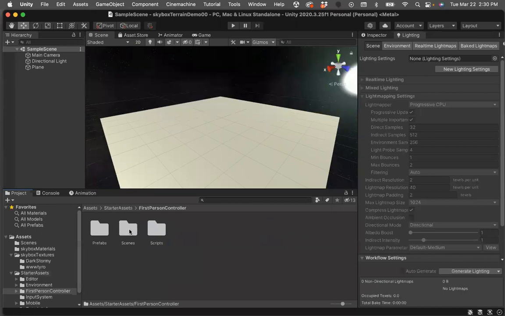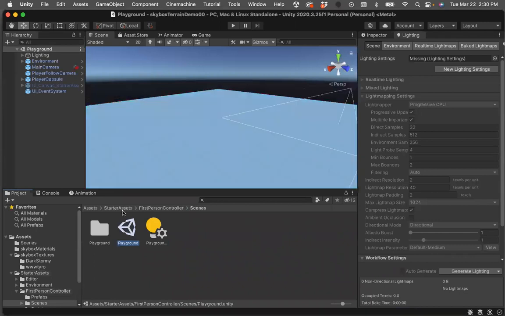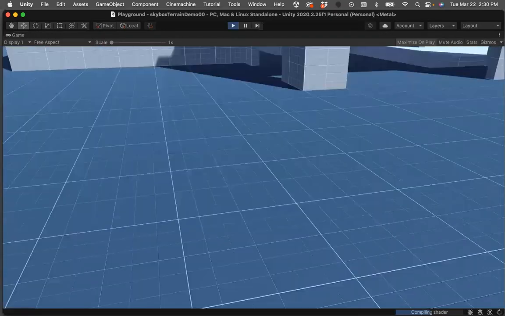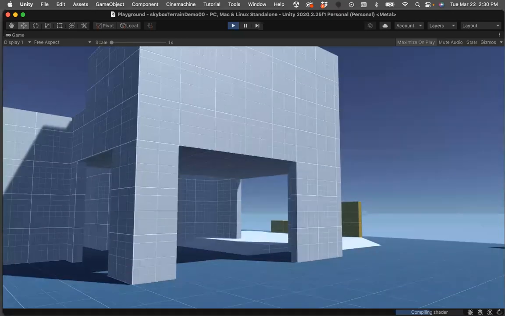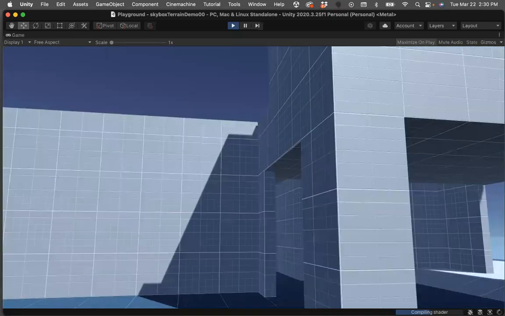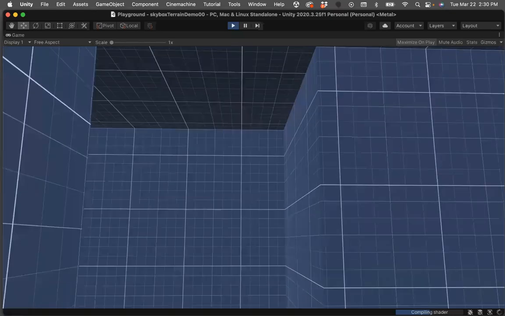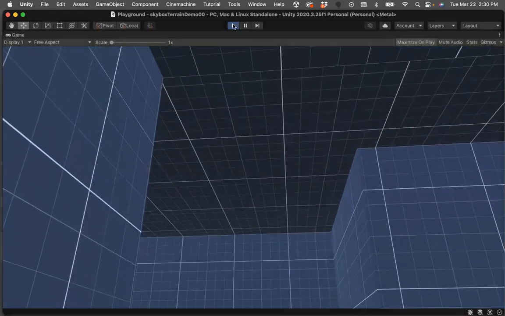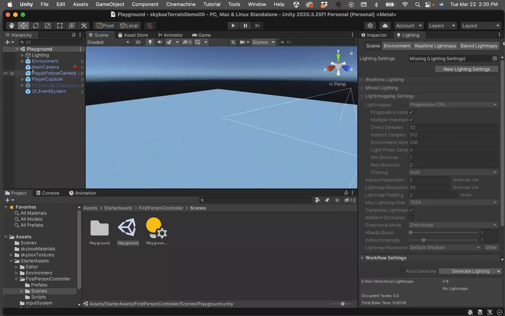So first person, there is an example scene. I'll jump over to that scene. And here you can see the setup of how to get this thing going. Actually, if I hit play, there's an environment here and you can walk around. Okay, so it looks like it's looking now. So the pieces that are required to get the FPC going are the main camera,